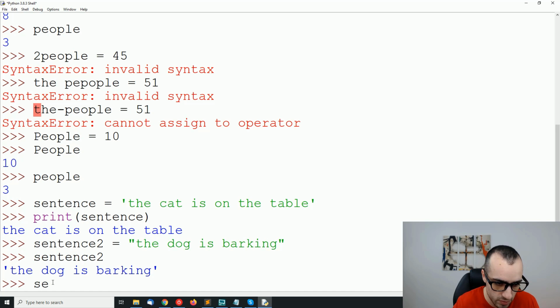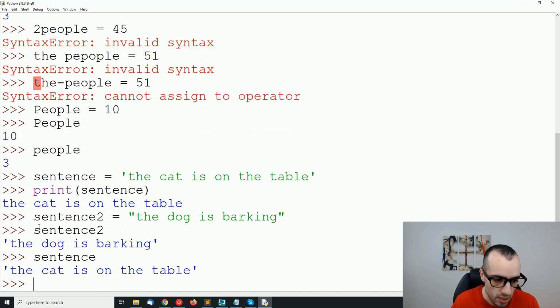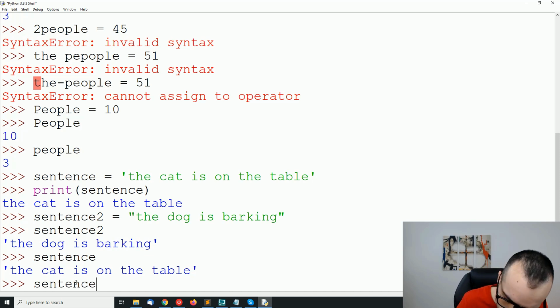So if I use again sentence 1, when we go to print them, we will see they are still between single apices. So what is the difference? Why should we use one instead of the other? Now you will see. If we create another sentence, sentence 3, and we want to place some text between double apices, let's say some quote,